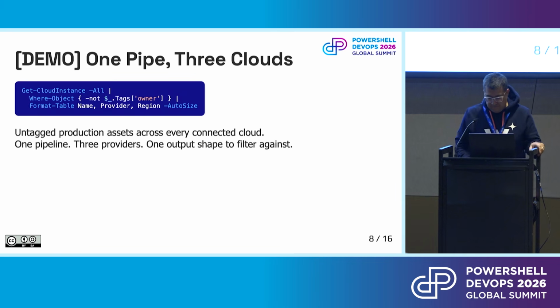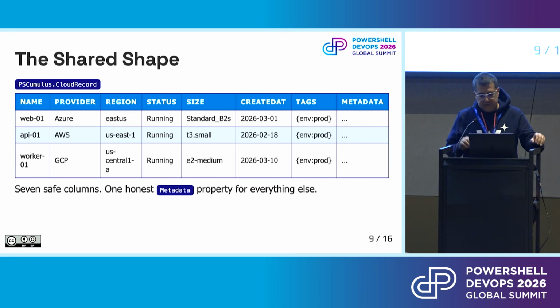All right, so we kind of ran through a bunch of those things quickly, right? And I wanted to show you the demo of it actually working a little bit more. But the idea behind this is that we have 8 fields here, essentially: name, provider, region, status, size, created at, tags, and metadata, right? So 7 of the fields we've kind of seen and understand. The important thing is the 8th, metadata, which is where I wanted to be honest about provider-native stuff. So your Azure resource group, your AWS VPC ID, your GCP zone, those are real